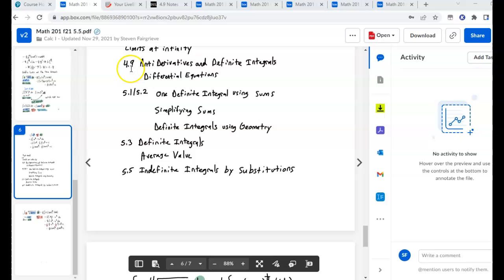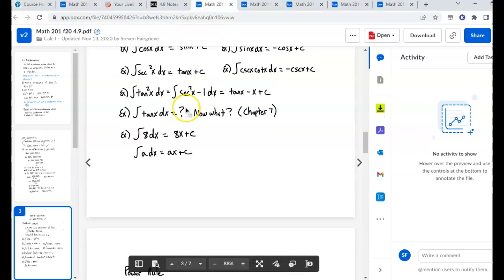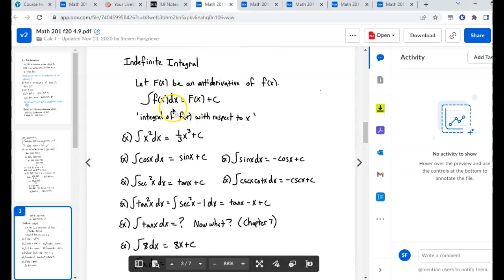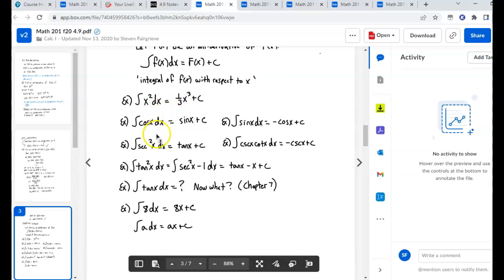Want to take a little bit of time here and go over some of the topics that will be on your upcoming exam. So first off, in 4.9, we talked about definite integrals. Of course, we began first with the antiderivative definition, but then built up to definite integrals. So you can expect that you're going to have some problems dealing with definite